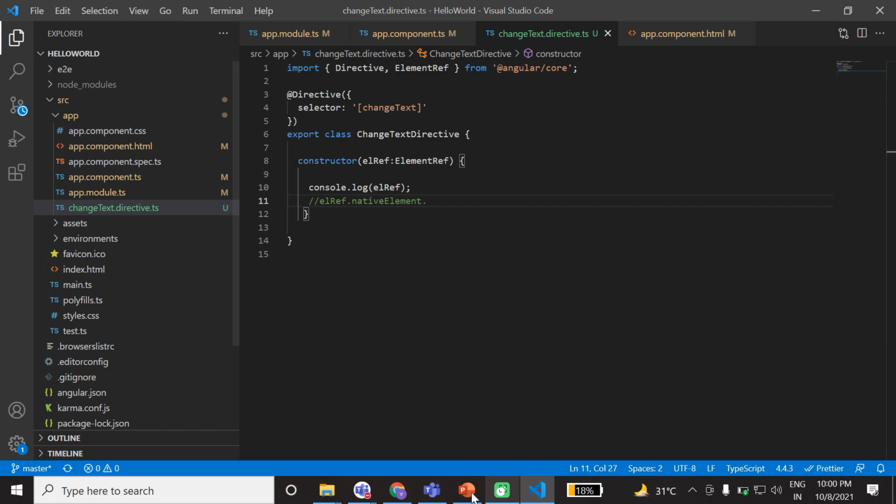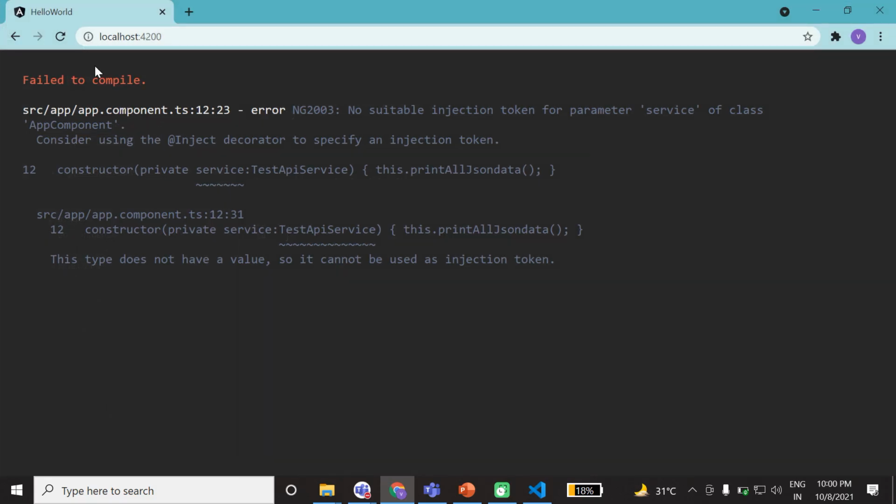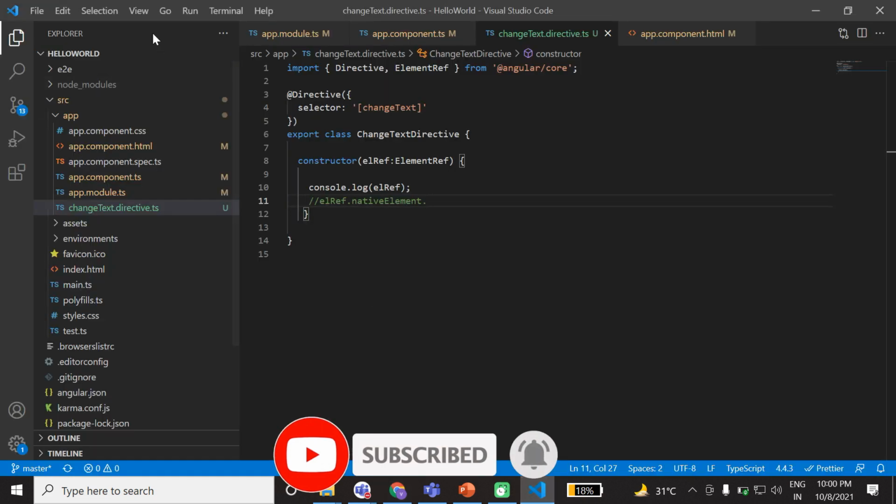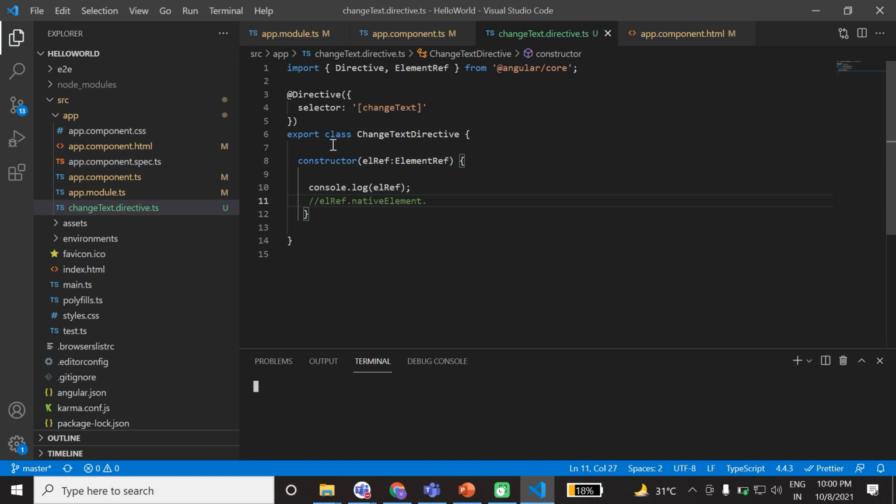First run this application. Let me check whether it is running or not. We need to run the application first with ng serve. When the application runs, I will show you what is inside the element ref, then I will use it to change the text according to that property.